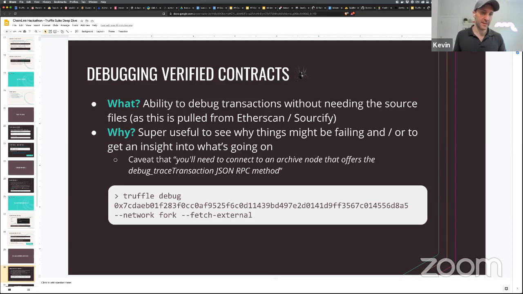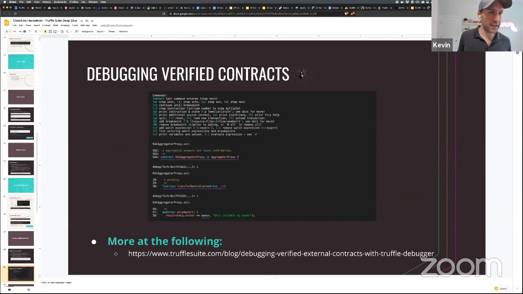I've alluded to it, but didn't call it out specifically: you just need a transaction hash for any given transaction. You can see that down here, and that's what you'll get. I may just jump over to VS Code and show this one, because once you run that command, right now it does it on the